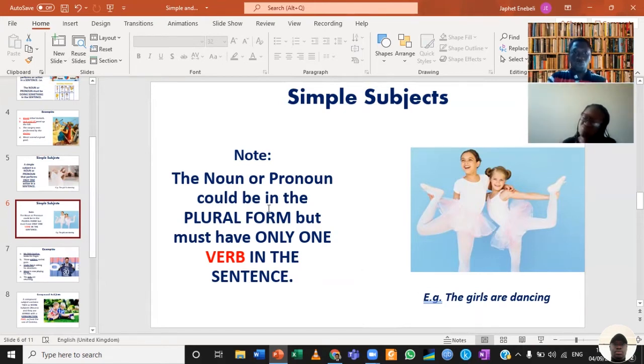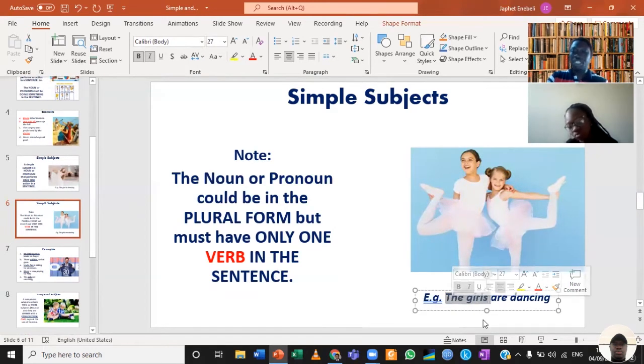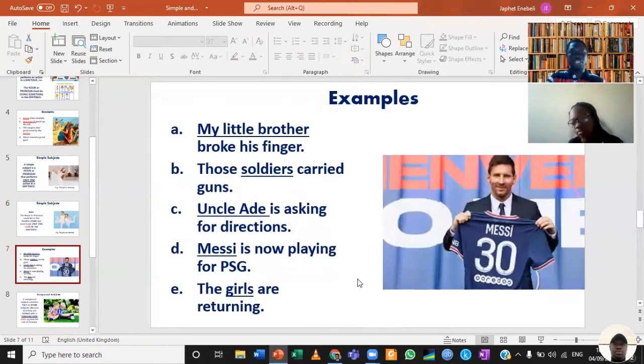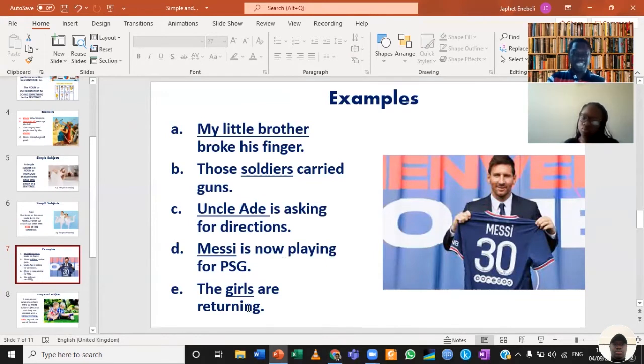Now, like you know already, the subject is a noun and it performs only one action. That means one subject is doing one thing. It doesn't matter if that subject is singular or plural. For example, my little brother broke his finger. This is a simple subject because, explain please,